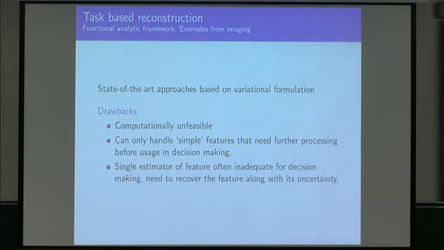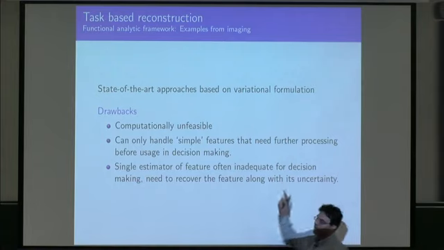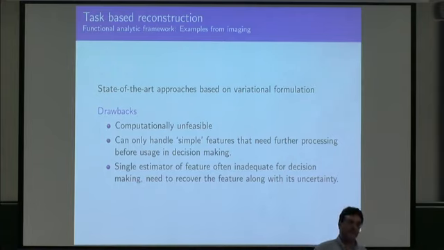And even though they are sophisticated, they can only handle, I would claim, fairly... they don't handle the full range of features that you would like to have to be able to recover, so to say, for decision making. And often also, for real decision making, we would like to have the uncertainty of the certain feature. Not only that, a segmentation is perhaps not good enough. You want to see how likely it is, in some sense, if you're at least going to do some kind of decision making on top of it.